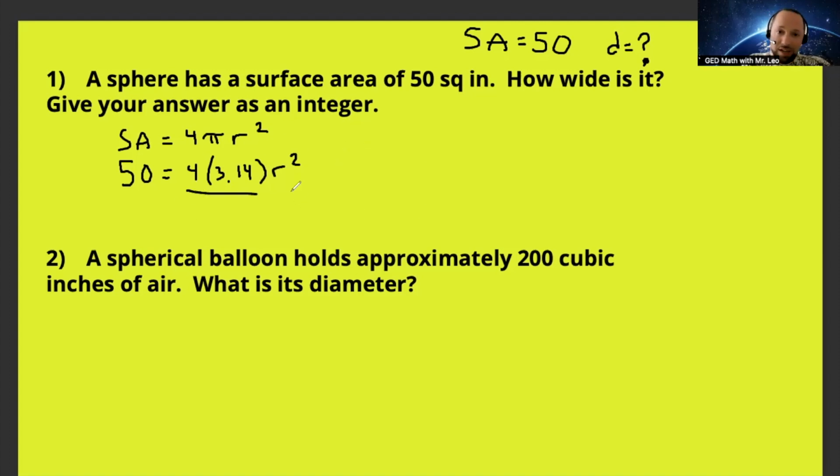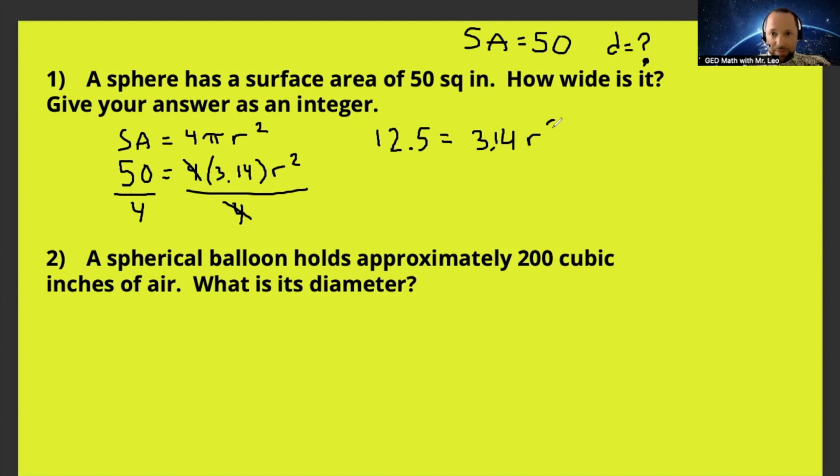So let's start right here, get rid of that 4. We're going to divide that 4. This 4 is being used as a multiplier, so we're going to do the opposite operation, division, to remove it. If you do it over there, you better do it over here. This is going to cancel out these two 4s. So the left side is 50 divided by 4. I'm getting 12.5. That's my left side. And on the right side, what remains is 3.14